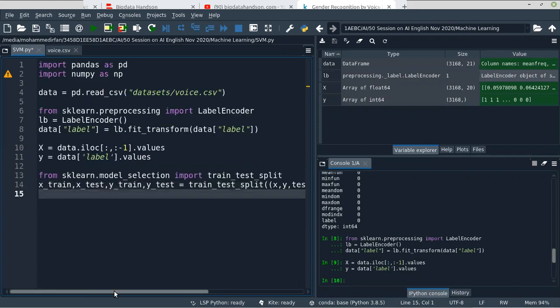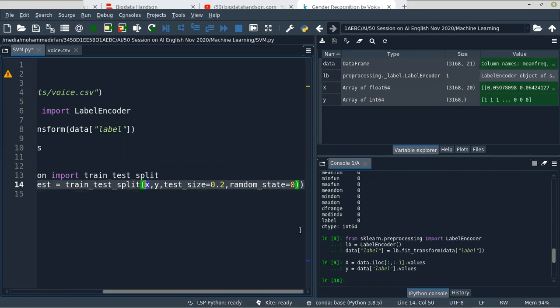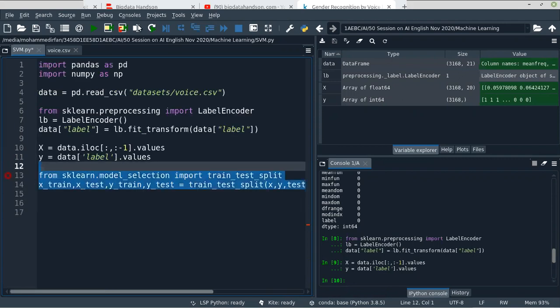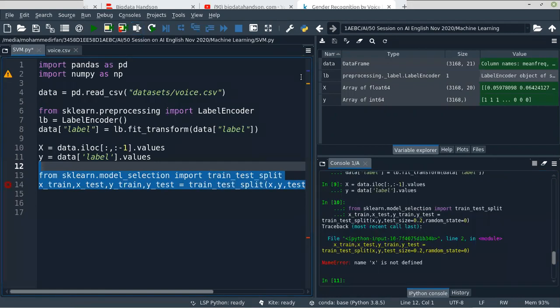Okay, I have put two brackets here. We remove the brackets. Now let's run these two lines. I had given a capital X actually.